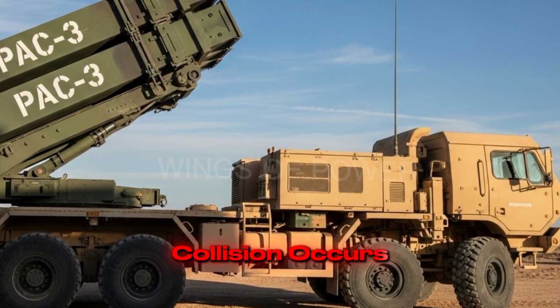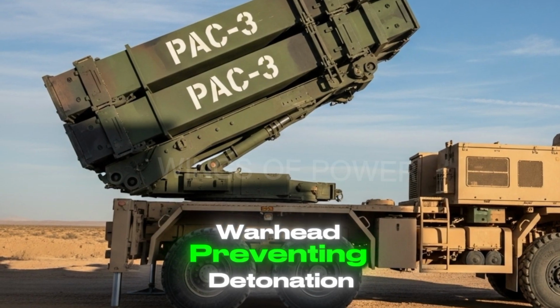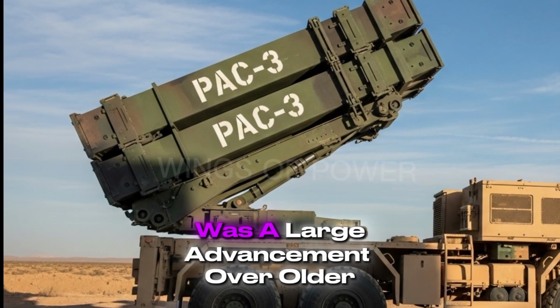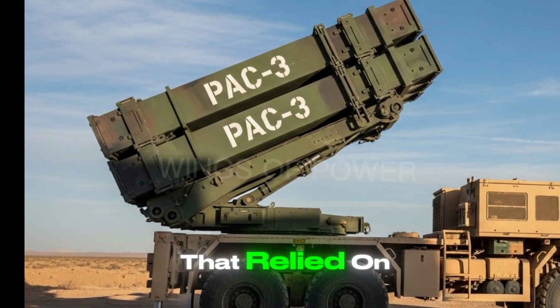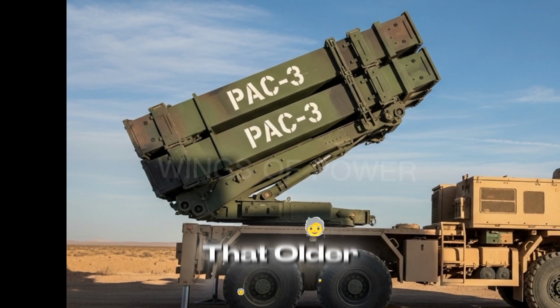When the collision occurs, the kinetic energy released is enough to destroy the incoming missile warhead, preventing detonation or disabling it before it can cause damage. This hit-to-kill method was a large advancement over older systems that relied on proximity detonations, where the interceptor exploded near the target. That older method could work